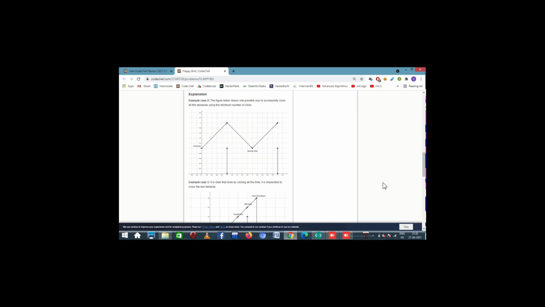Right now you have to pass certain things, like there is an obstacle, so you should have a height greater than this, because you can't even touch it. You should have strictly greater than this. So if it had a height of 1, I need at least a height of 2 to cross this. Over here at 2 there was nothing, so I can have any height, not a problem. But at 3 the height is 1, so I should have at least a height of 2, so I can pass using 2 clicks if this was my initial height that is given to us.